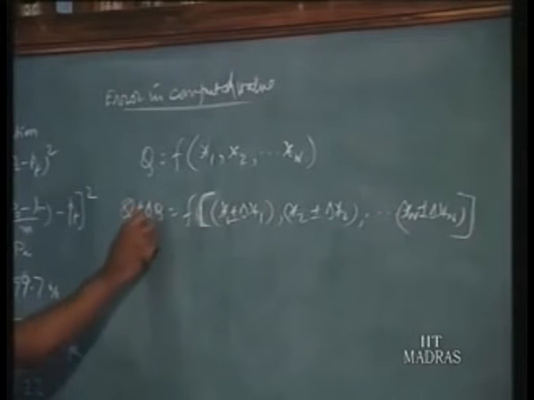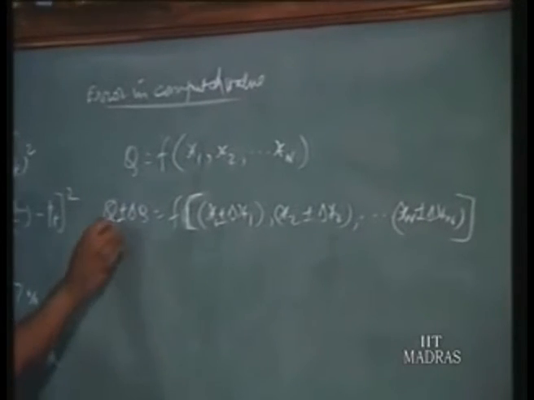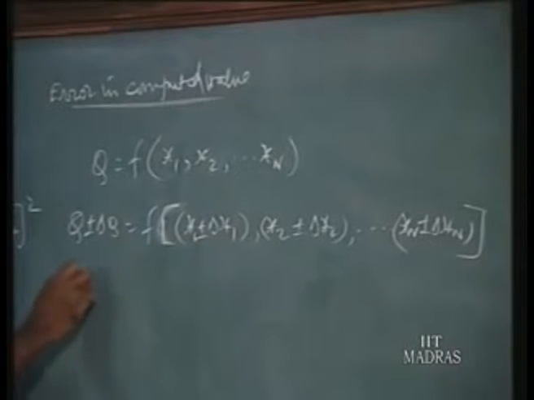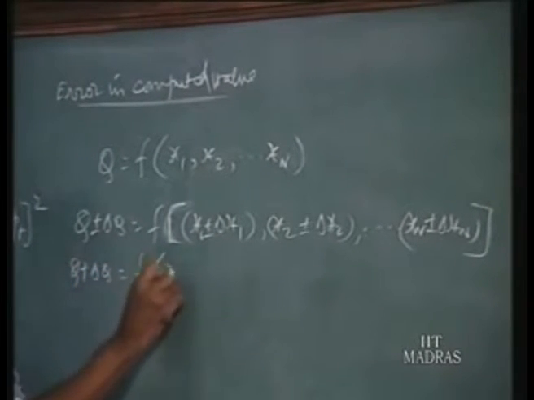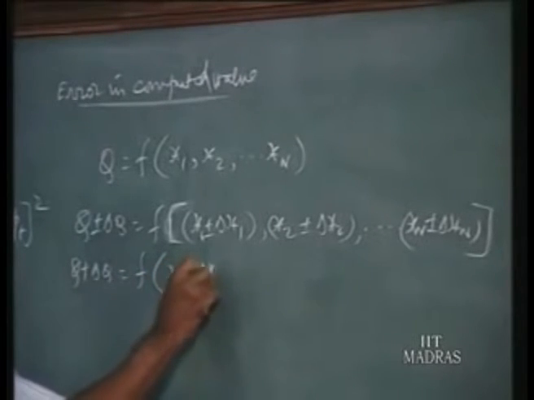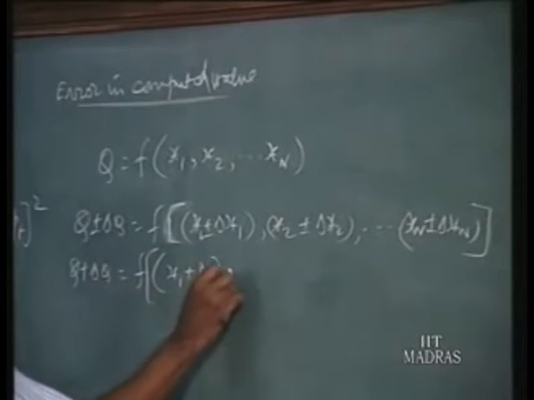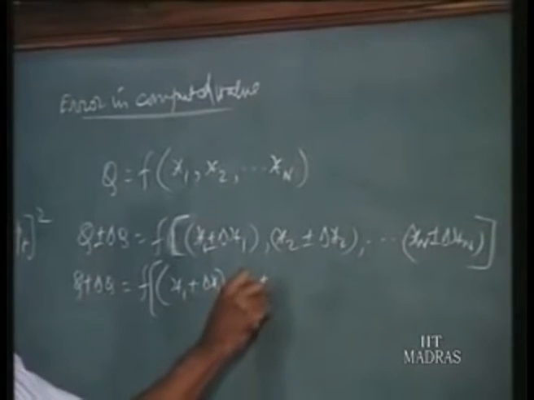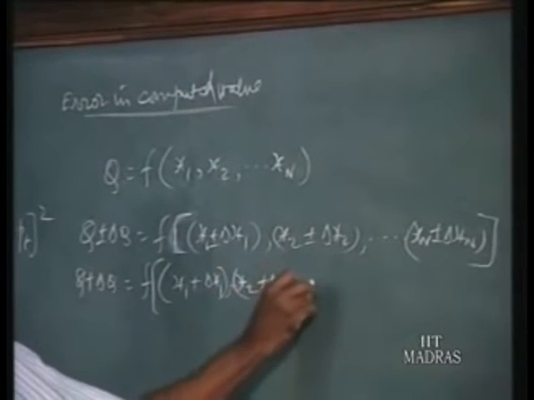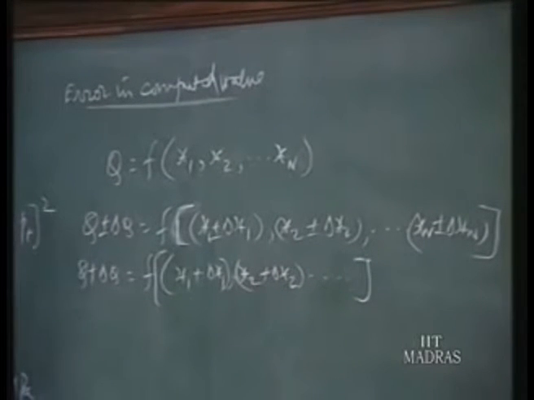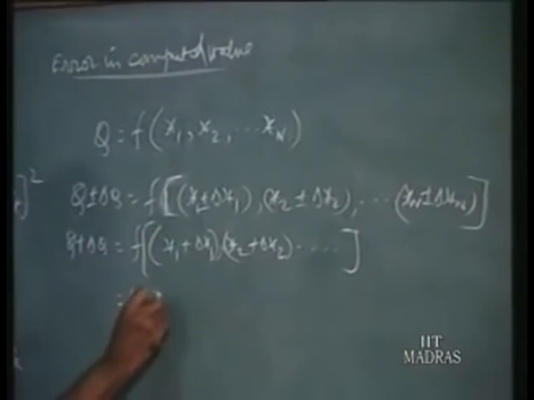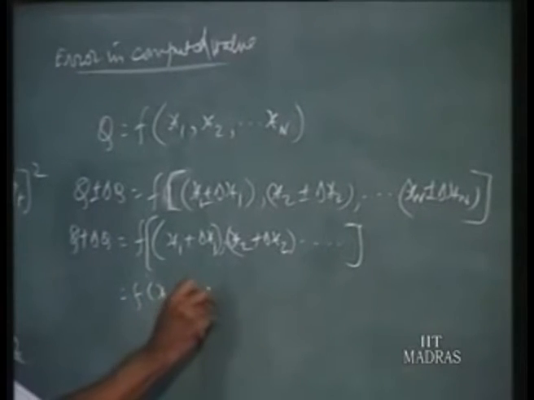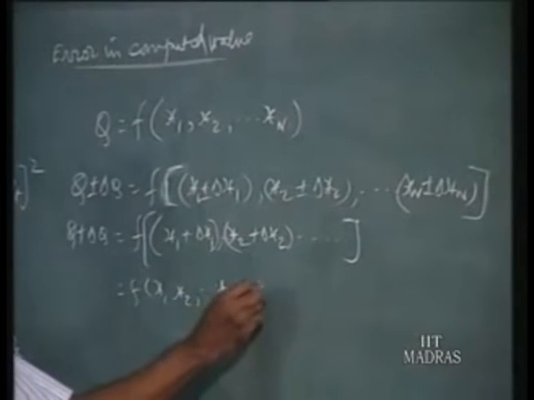Now we want to find out the magnitude of delta q. So we simply omit one of the signs. We can also write q plus delta q is equal to function of x1 plus delta x1 and x2 plus delta x2. So omitting one of the signs, we can write it like this. Now we expand the right hand side by using Taylor series. By using Taylor series, you can write it as function of x1, x2 up to xn plus